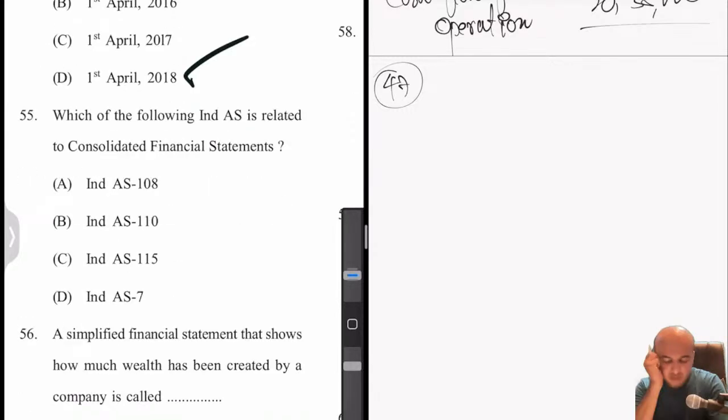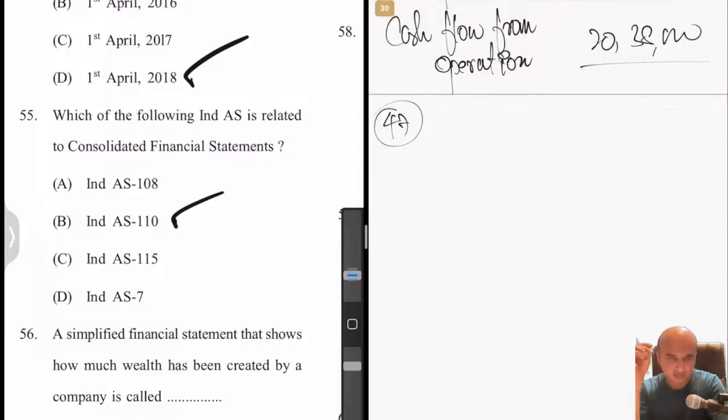Which of the following Ind AS is related to the consolidated financial statements? Again, a question based on fact. As I said, when it comes to accounting standards, these are the type of questions which the institute usually asks. So which Ind AS is related to consolidated financial statements? The answer in this case is Ind AS 110. That's it. So Ind AS 110 deals with what? Consolidated financial statements. It requires the parent company, that is the holding company, to present consolidated financial statements